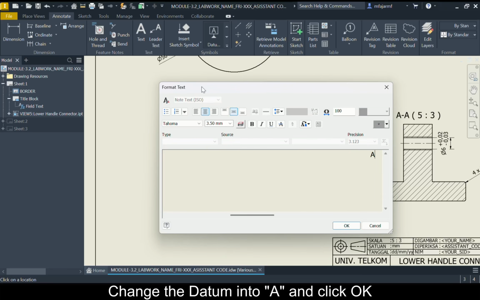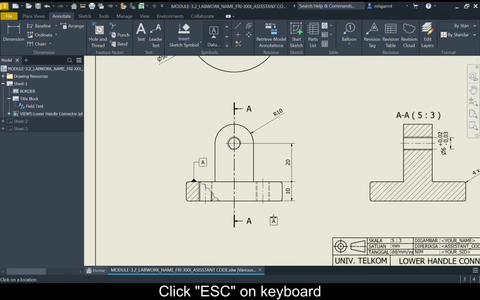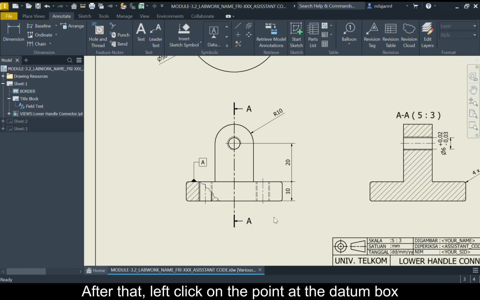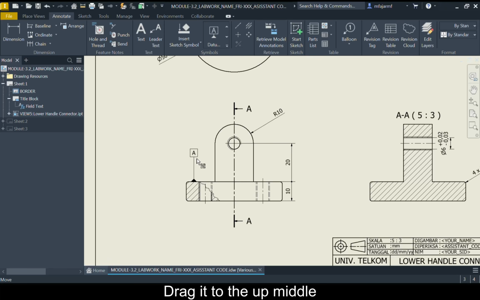Change the datum into A and click OK. After that, you can press Escape on your keyboard. Then left-click on the point at the datum box in here and drag it to the up middle like this. And the result should look like this.